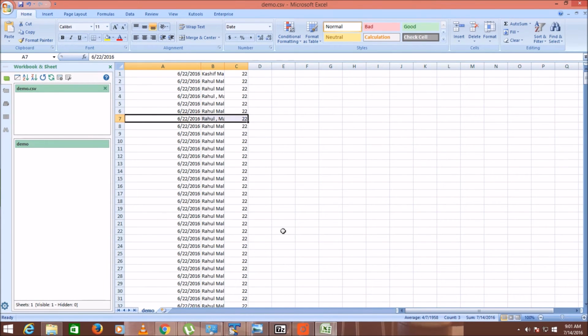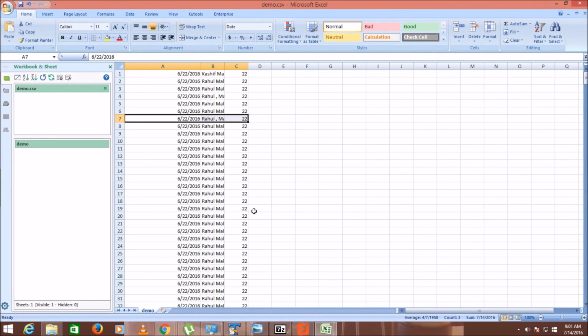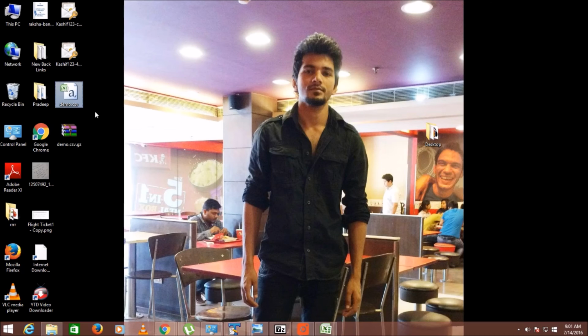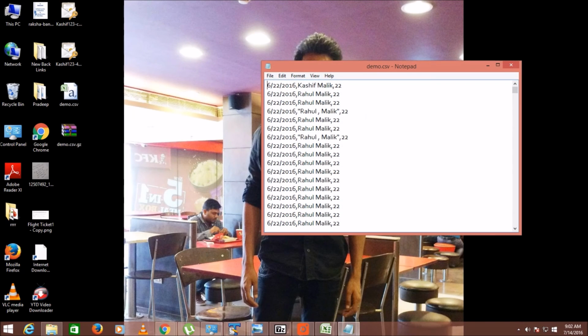Let's open this sheet, let's overwrite it and open the same in Notepad so that you can understand this problem quite clearly.